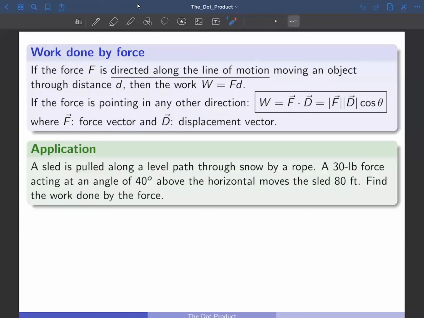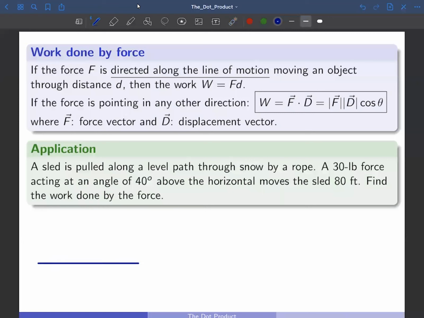Now let's see an application of that. Suppose that we have a sled that is pulled along a level path through the snow by a rope, and we have a 30-pound force that acts at an angle of 40 degrees above the horizontal and moves the sled by 80 feet. We're asked to find the work done by the force. So in this case,